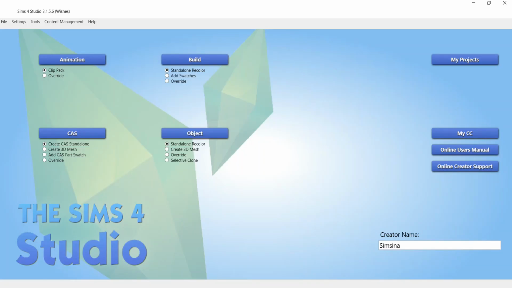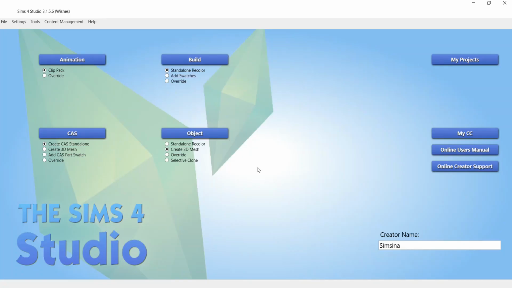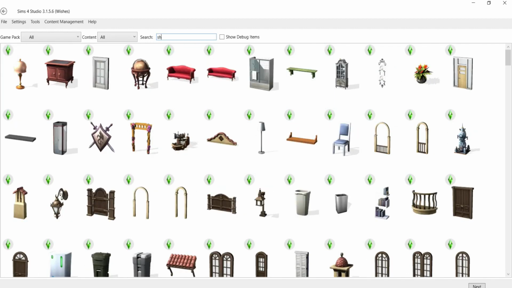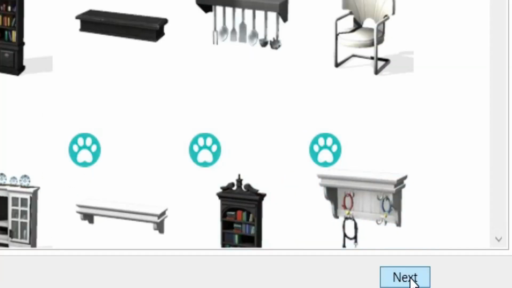Open the Sims 4 Studio. Now, shelves are objects in The Sims 4. So right here under Object, we're going to select Create 3D Mesh. Once you have that selected, click this button that says Object. Now you'll be brought to this catalog. Now in the search bar, I'm just going to search for the shelf. I wanted to edit this shelf, so I want to select it by simply clicking on it and then click